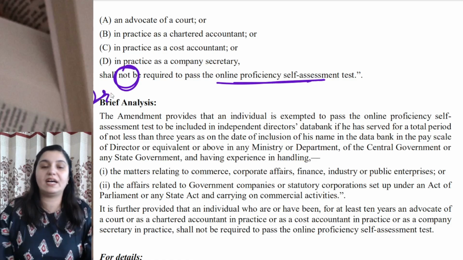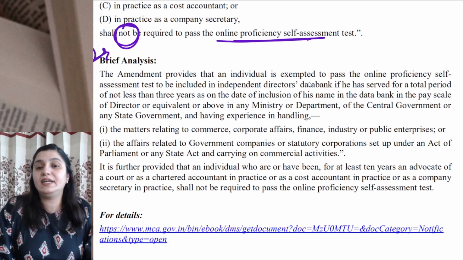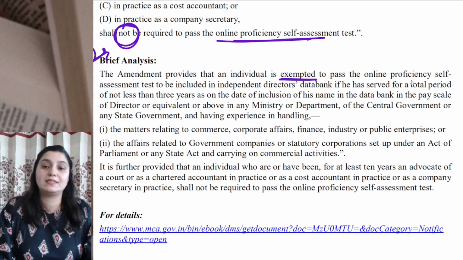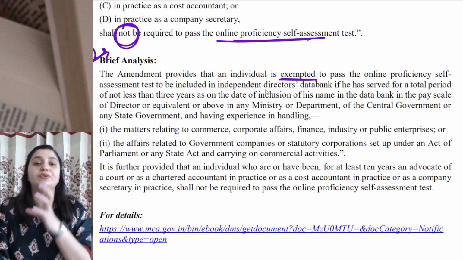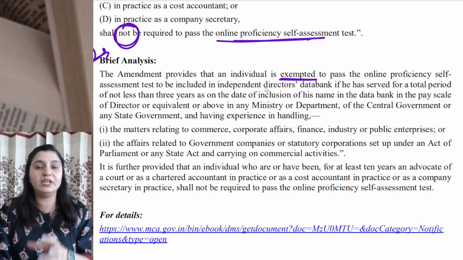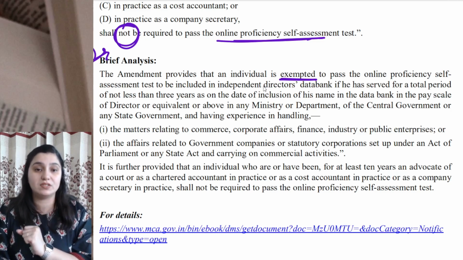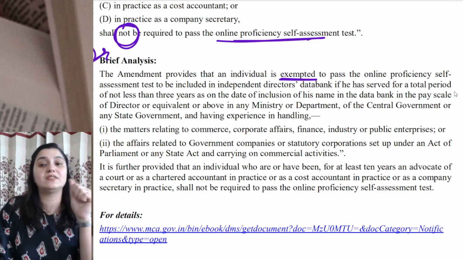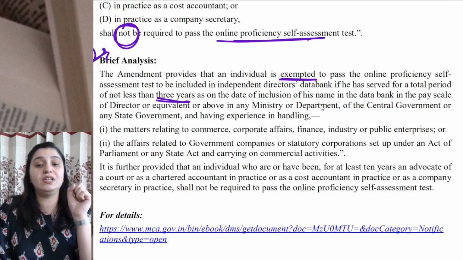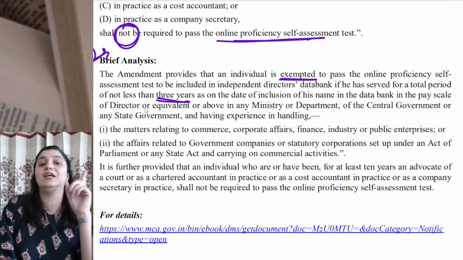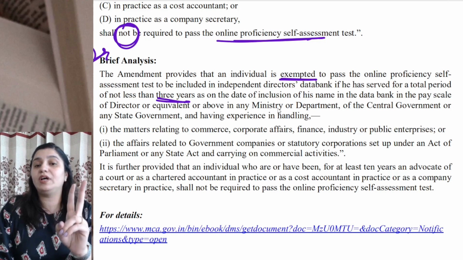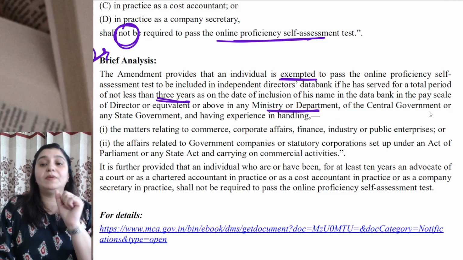And what is the brief analysis? The amendment provides that an individual is exempted from passing the online proficiency test to be included, because this test you have to give if you want to be included in the independent directors data bank. Giving and passing this test is very important. But if a person has served for a total period of not less than 3 years, as on the date of inclusion, in the pay scale of a director or equivalent or above in any ministry or department of the central government or any state government